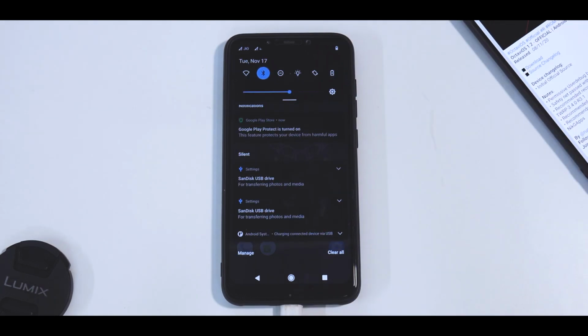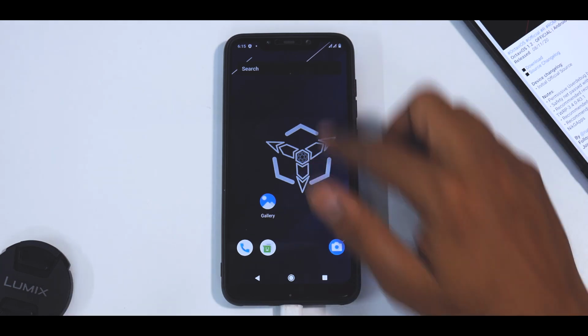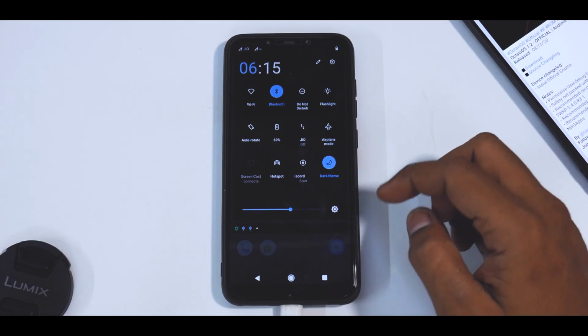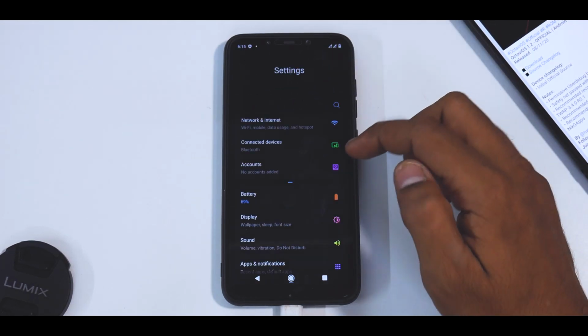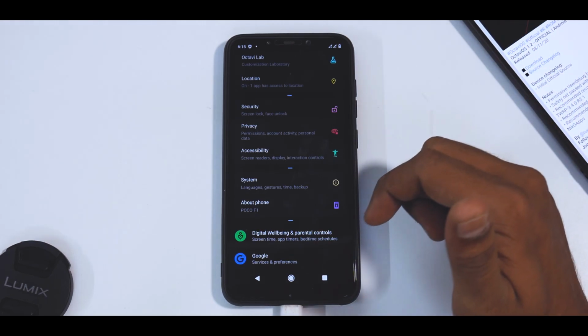And it loaded. I love it when any particular custom ROM loads with a black theme. Yeah, you should do that. It looks good. Even though I know this phone doesn't have an AMOLED display, it still looks good. Anyways, let's actually go to settings over here. And yeah, a little bit of a different look over there.